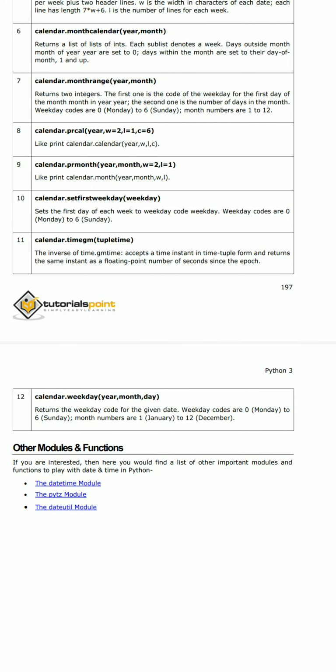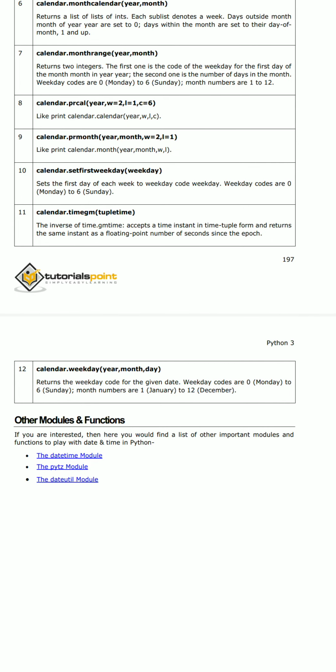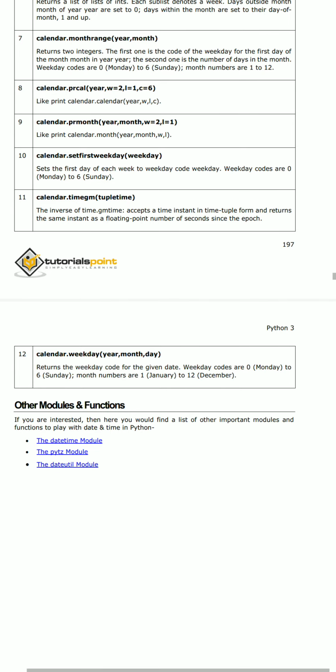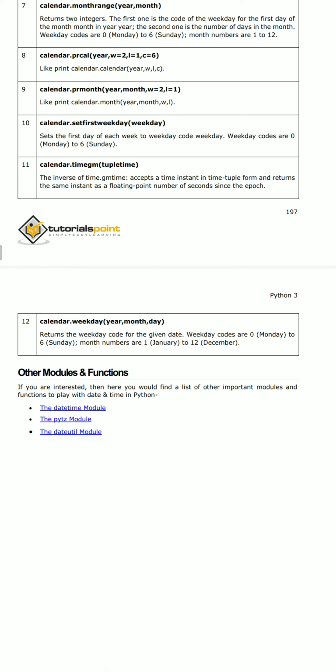Next one is prcal, that is like print calendar, year-wise. Next one is prmonth, which prints the calendar of a month. Next one is setfirstweekday, which sets the first day of each week. Weekday codes are 0 for Monday, 1 for Tuesday, 2 for Wednesday, like this,